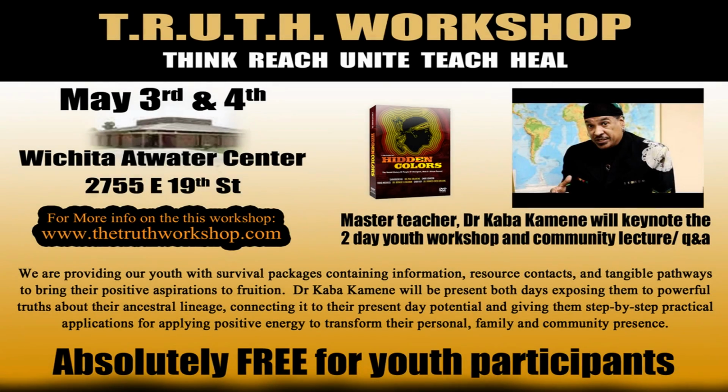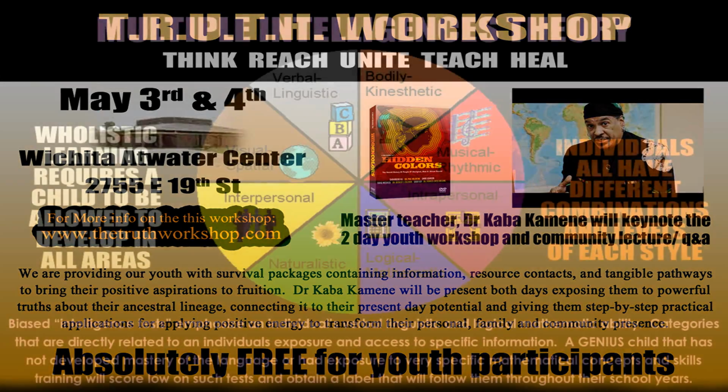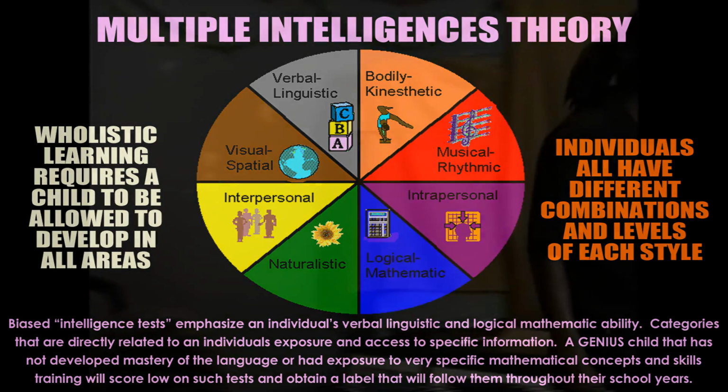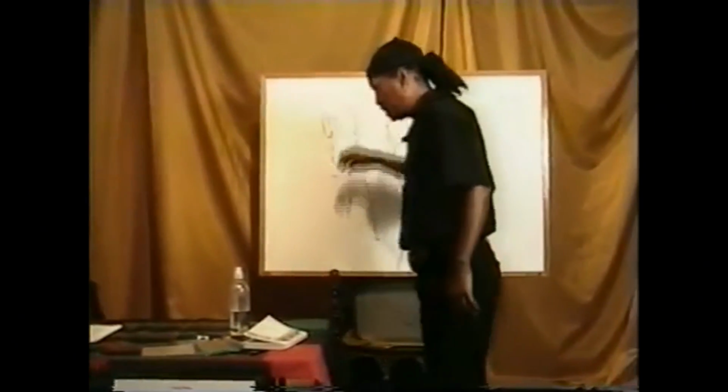Remember the multiple intelligences that we did. And remember the arts and sciences that we just did in terms of those 10 subject areas. Now I want to show you something. When you're dealing in the classroom and we're teaching our children, we should walk into the classroom with these multiple